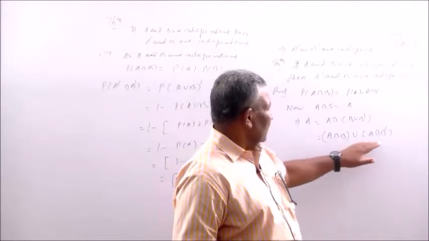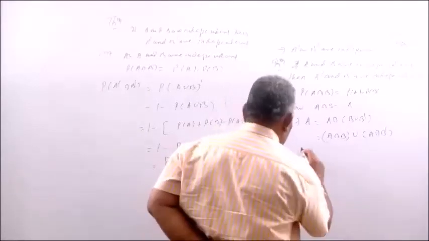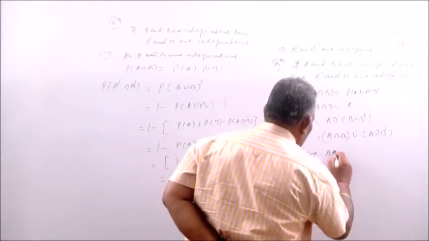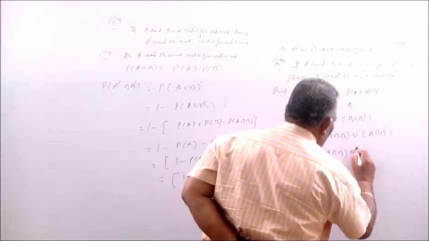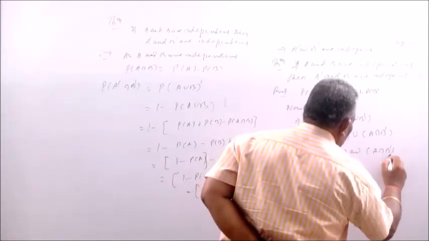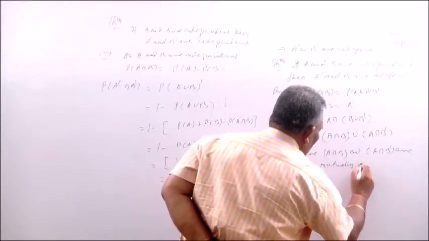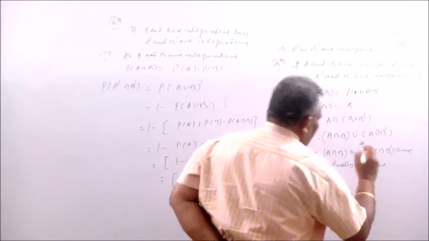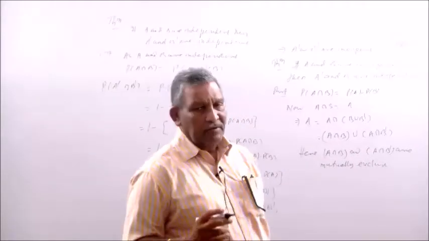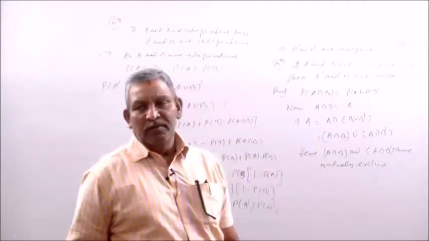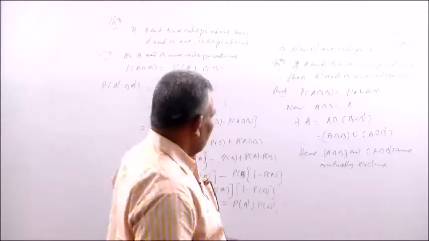That means they are mutually exclusive. Here A intersection B and A intersection B dash are mutually exclusive. In the last class I told that if A and B are mutually exclusive, then probability of A union B equals P(A) plus P(B). So here